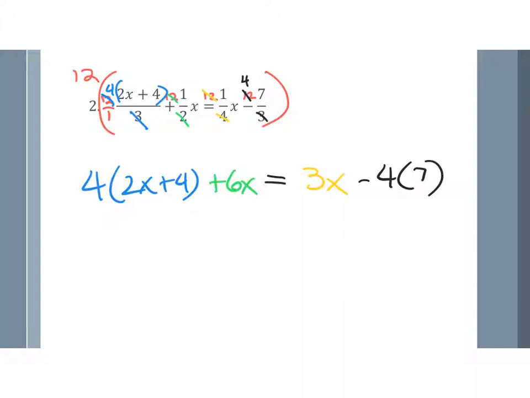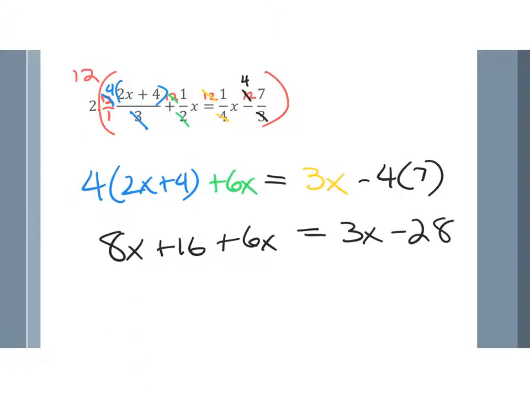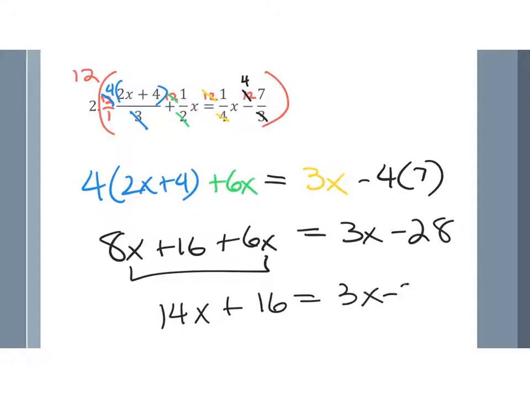So now I'm going to distribute. Yes? Wait, what do you multiply it by? So now let's distribute. So we would get 8x plus 16, drop down the 6x, 3x, and then I would multiply 4 times 7. I'm going to combine these like terms on the left side,